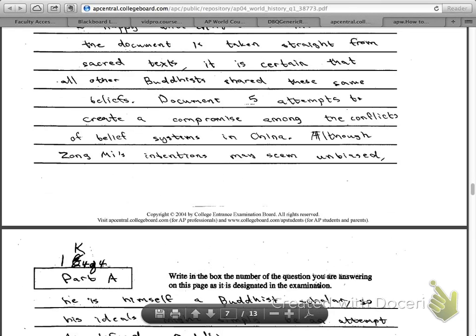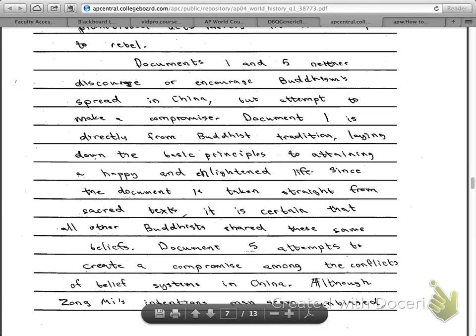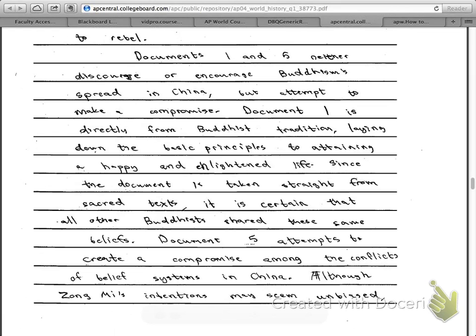Good. So let's skip down and talk about the last paragraph. Documents 1 and 5 neither discourage or encourage Buddhism spread in China, but attempt to make a compromise. Document 1 is directly from the Buddhist tradition, laying down the basic principles to attaining a happy and enlightened life. Since the document is taken straight from the sacred text, it's certain that all other Buddhists shared these same